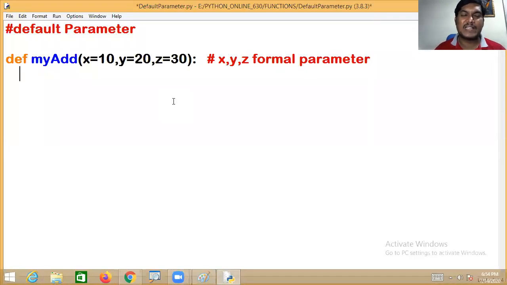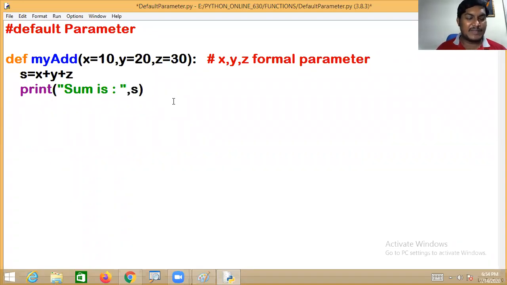But sir, how does it work? Let me show you, my dear friend. I am writing s equal to x plus y plus z. Finally I want to display the sum, the value of s.